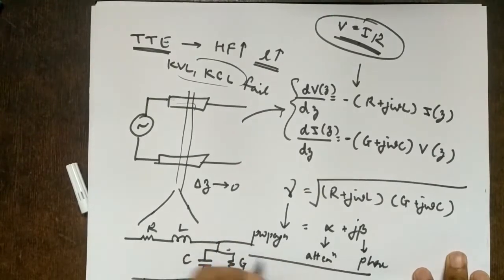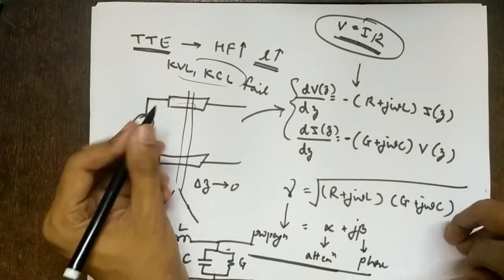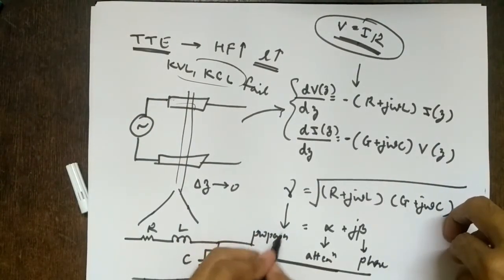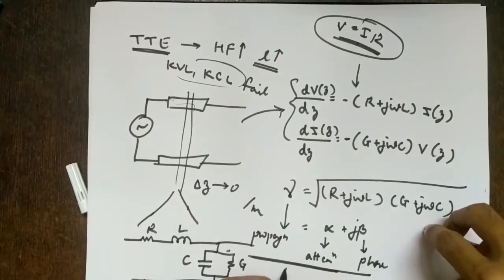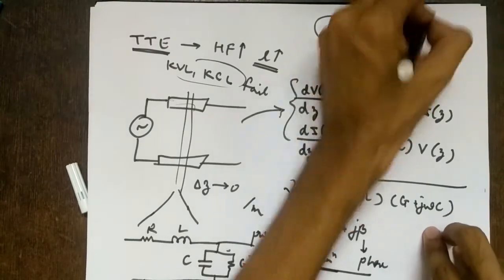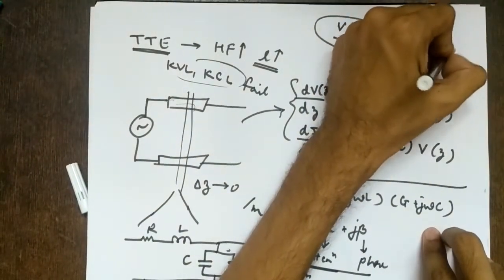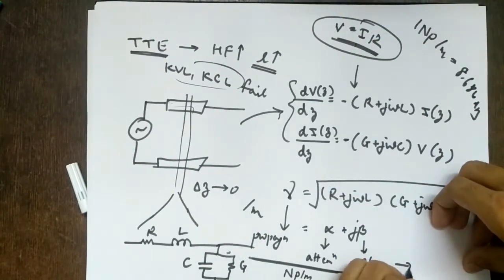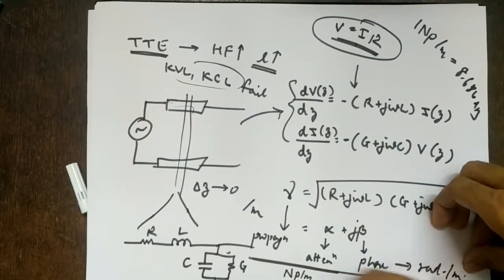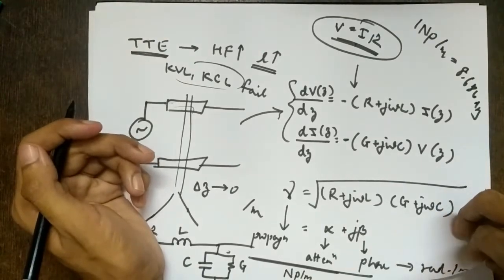We also saw the reasons to call it this way. The unit for the propagation constant is per meter. For alpha it is Napier per meter, and we also saw that 1 Napier per meter equals 8.686 dB. The phase constant's unit is radians per meter.